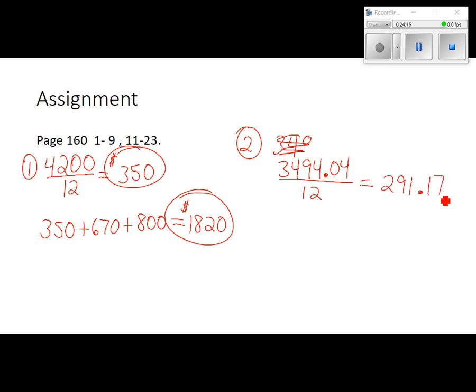$291.17. So that's stuff like car insurance and things you're budgeting for, that you get a bill for a year, but you pay it monthly. Living is 475.75. Yeah, and then fixed is